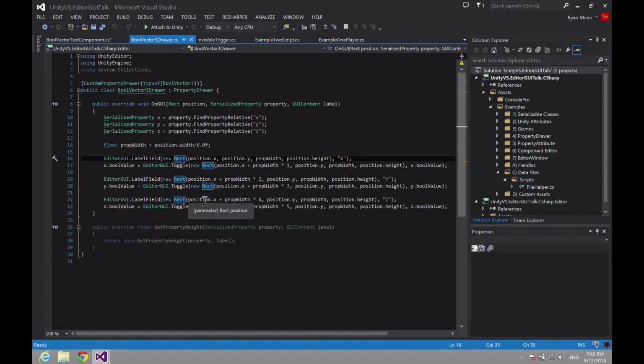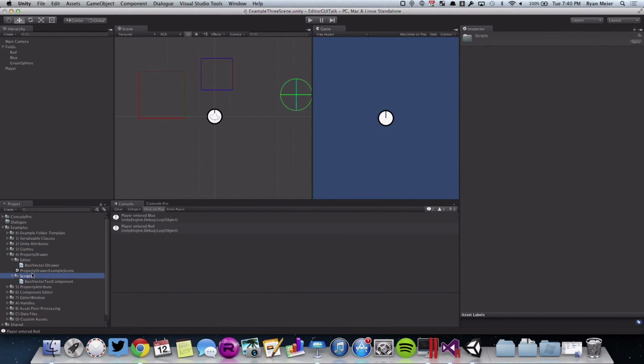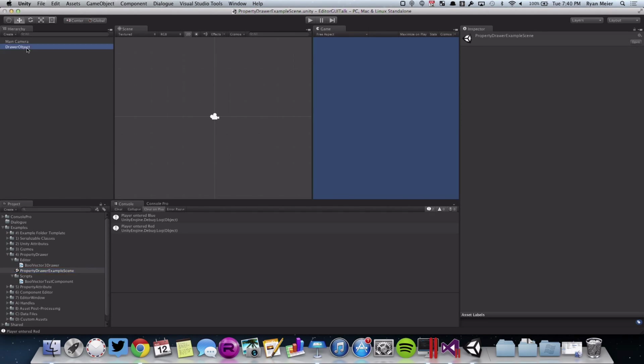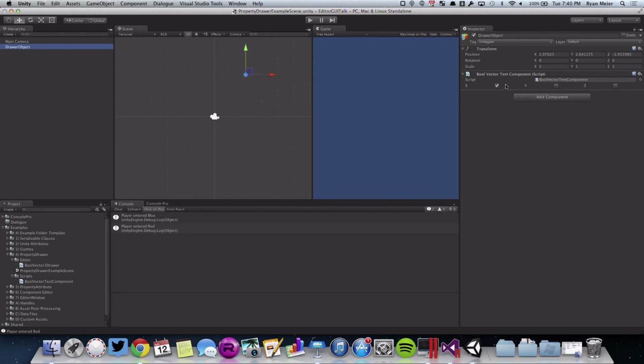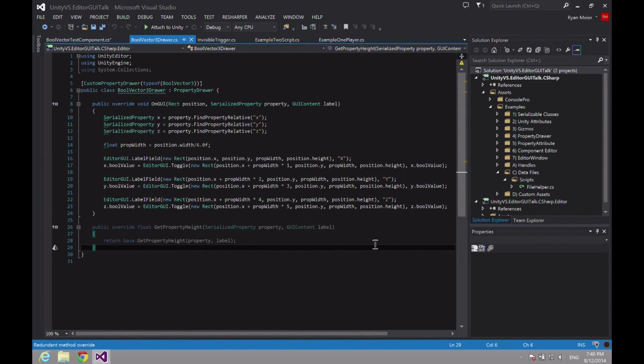Normally, here we go, phi. So if we want to see what that looked like without the custom editor, we can go ahead and just do. So yeah, in any of these onGUI functions, you can always do the base dot onGUI or onInspector GUI to have it draw the default inspector for that. That's useful if you want to just kind of add things at the bottom, stuff like that. So here it's actually going to draw both because I just added it above it. And once that compiles,